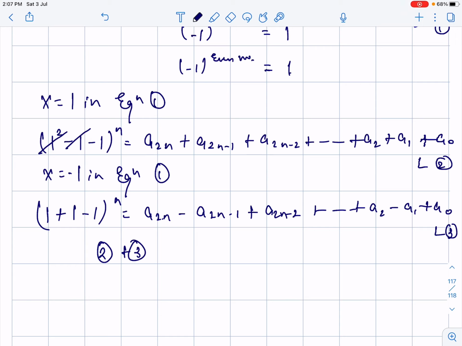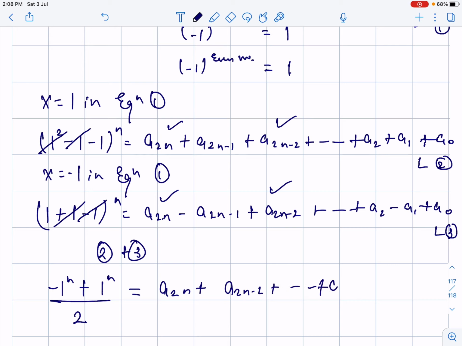This plus 1 minus 1 got cancelled, minus 1 to the power n plus 1 to the power n, this plus 1, this minus 1 got cancelled, divided by 2 it will come, because we will get a2n for 2 times, and similarly I will get a2n minus 1 for 2 times, goes on up to a4 I will get, then a2 I will get, then a0 I will get. And guys, this value was only asked to you in the question. a0 plus a2 plus a4 goes on up to a2n's value will be what? So the value for this thing will be minus 1 to the power n plus 1 to the power n divided by 2. Hope you guys would have got my point.